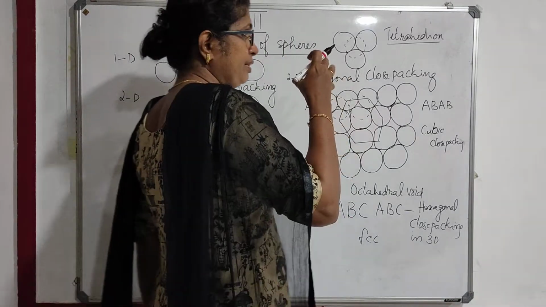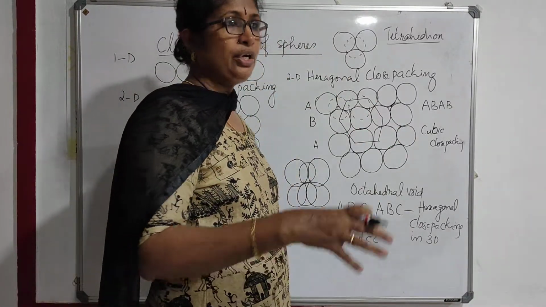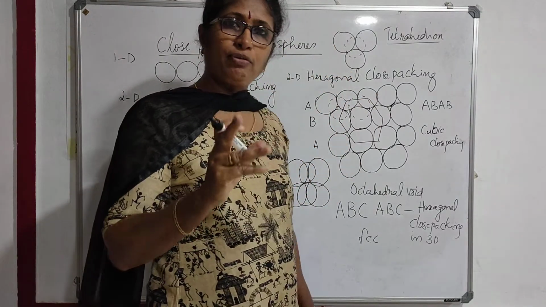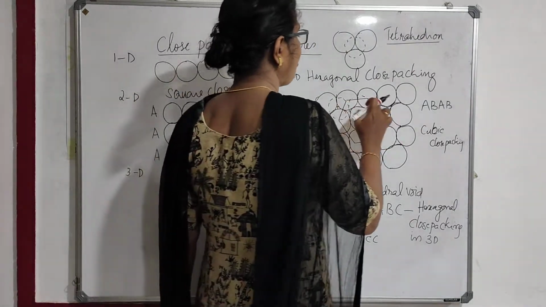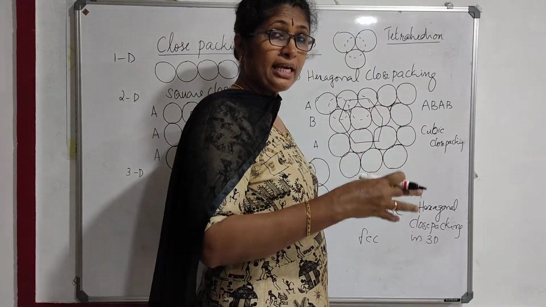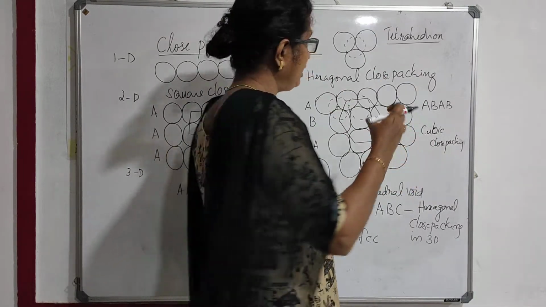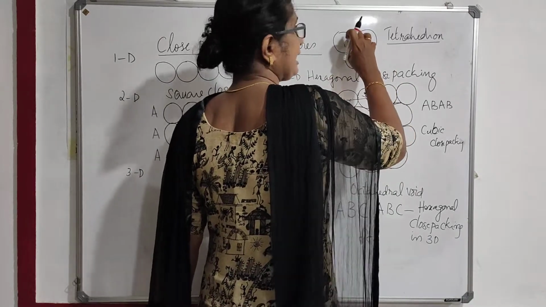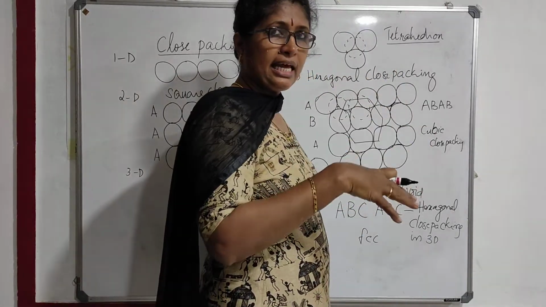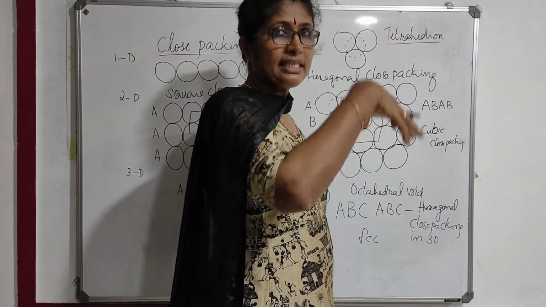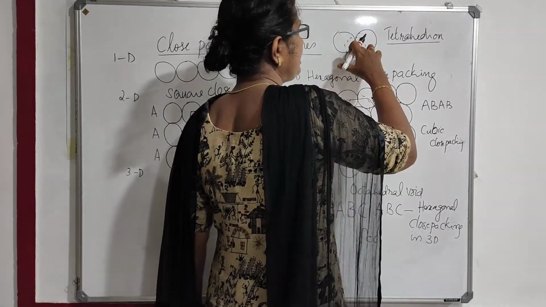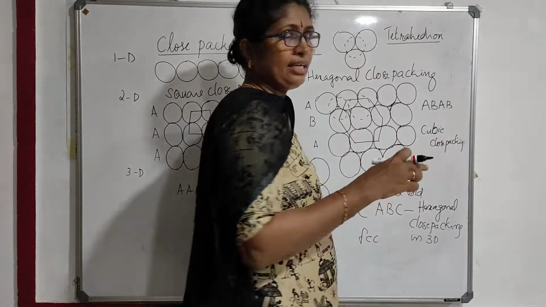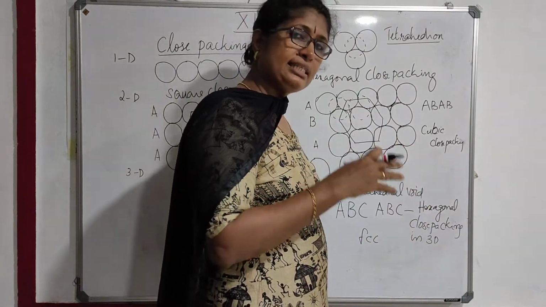Now, when you arrange spheres like this, you get voids, that is empty space in between. Mainly there are two different types of voids. If the trigonal void of the first layer is closed by the spheres of the second layer, this is the first layer, this is the second layer, so the trigonal void of the first layer is closed by the sphere of the second layer. We call it a tetrahedral void, because when the spheres are connected we get a tetrahedron.